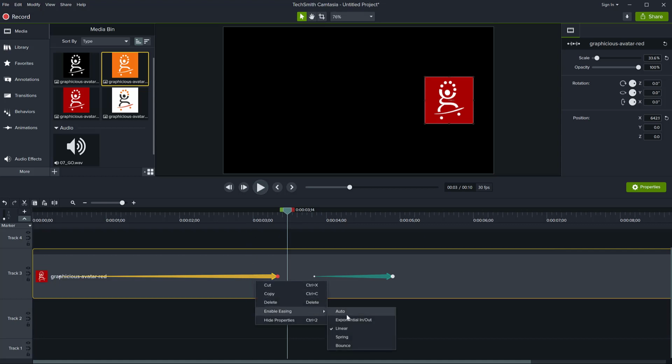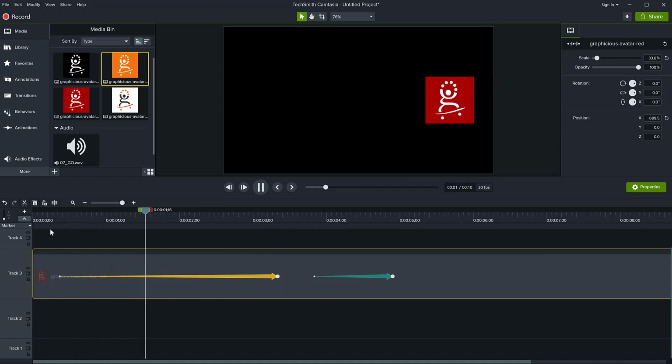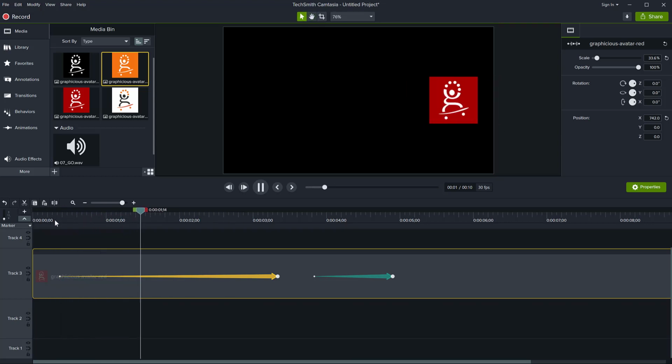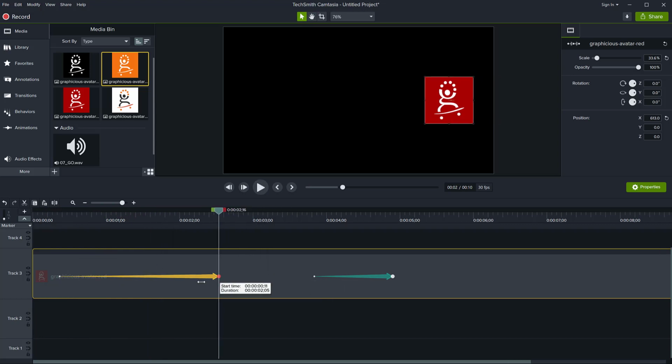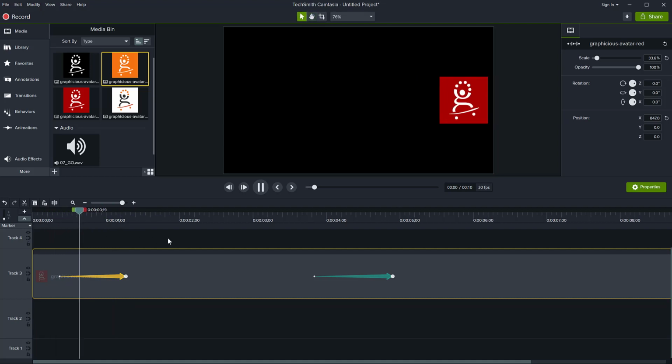Right click, let's try spring. You notice the object goes a bit more than the destination and then comes back. It goes further to the right. So if you make this one go very fast by making it short, you will see it gives a bit of a springy illusion.